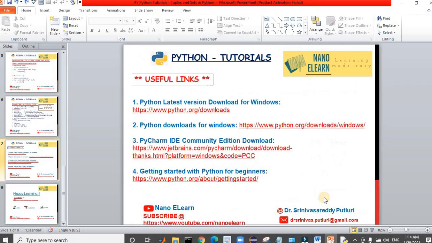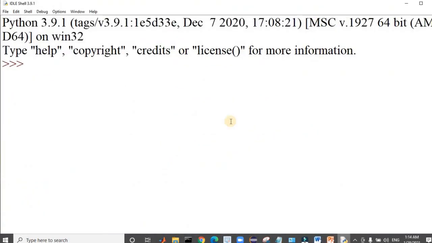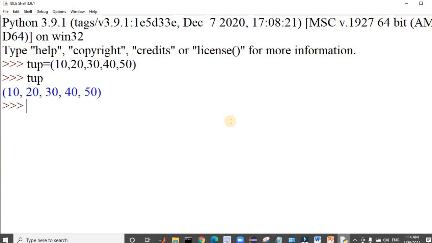Let us start our practical demo. For this you need to open the Python IDLE. Here, as I just covered, if you want to initialize a tuple you need to use round brackets. That is, I'm using tup is equal to, with round brackets, and I'm initializing values, that is, items in this tuple. If you would like to see the tuple which I have just initialized, you can see the tuple gets printed.